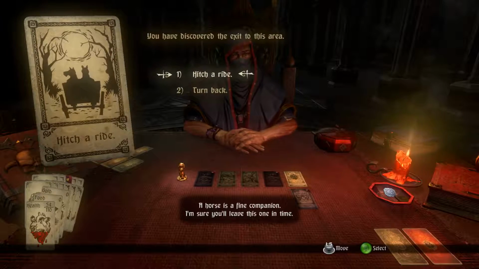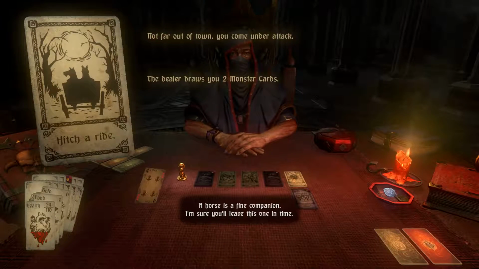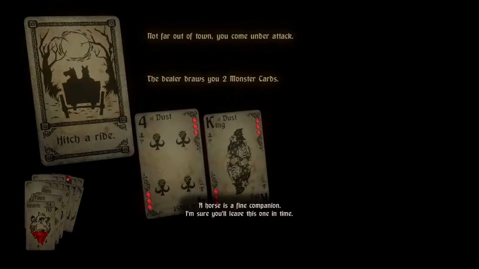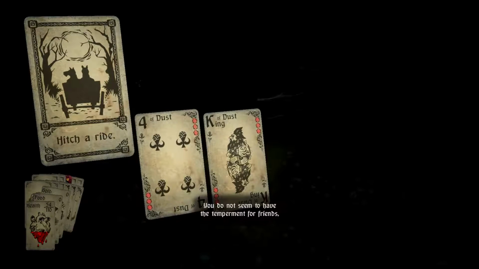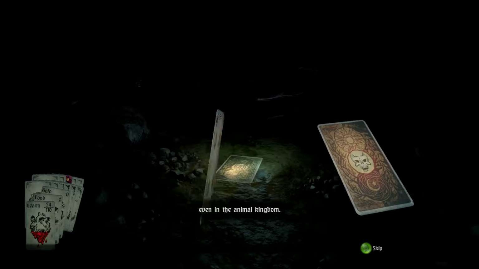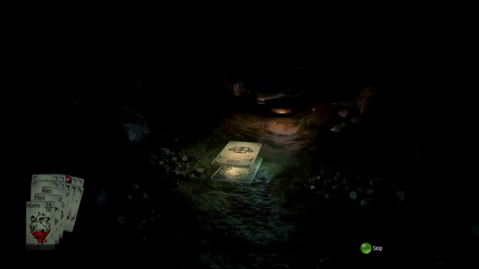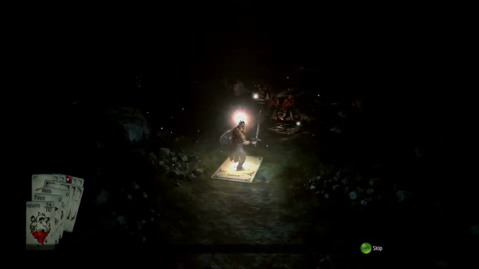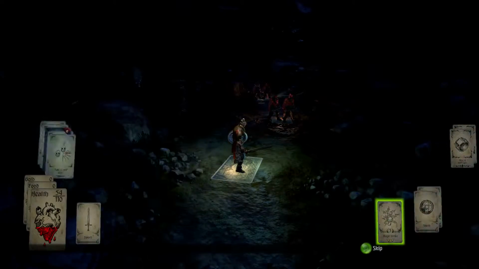A horse is a fine companion. I'm sure you'll leave this one in time. You do not seem to have the temperament for friends, even in the animal kingdom. So now it's the King of Dust. I got attacked as I was escaping the area. And I'm at 54 health, remember, so...